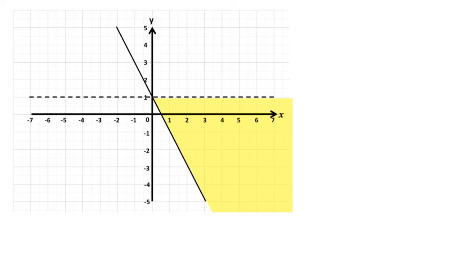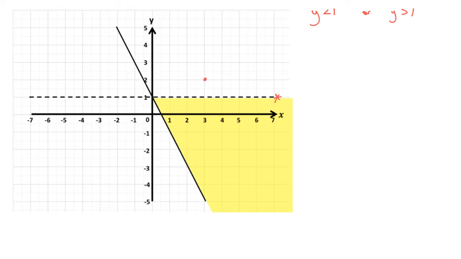Next example, we've got 2 lines on the graph. So if we deal with this one first of all, that's a horizontal line passing through the y-axis at 1, and it's a dashed line, so it means it's going to be either y is less than 1 or y is more than 1. If we pick a point on the unshaded side,